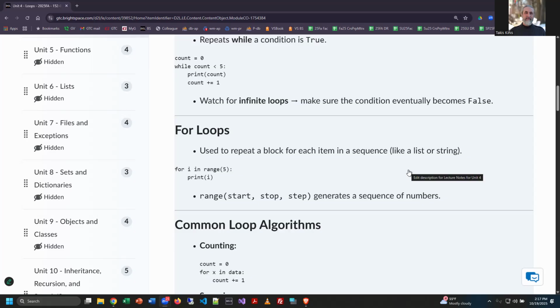And once again, keep in mind, we'll never count up to 5, right? It'll be excluded. But we can have a start point and an end point. So that, for example, this could say 1, 5, meaning we'll start at 1, we'll count up to 5, we'll never reach 5, we'll